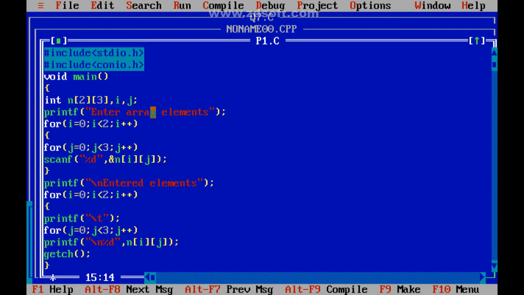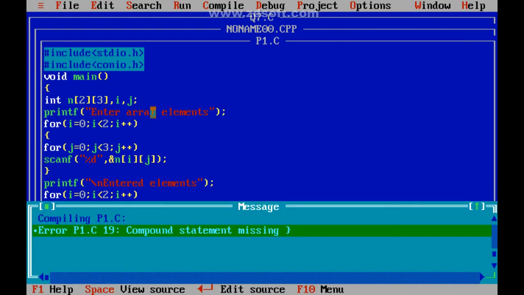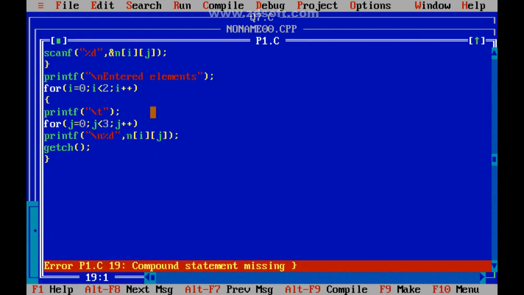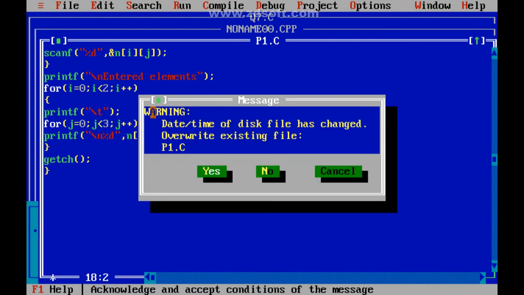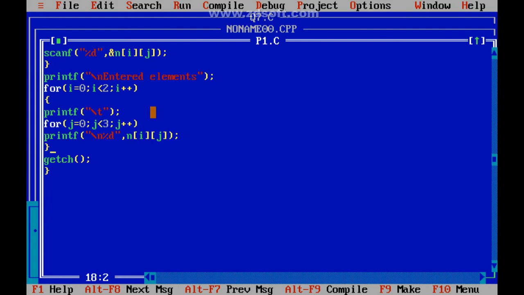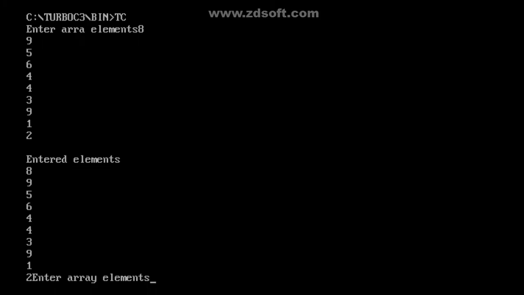Right? So F2, Alt F9, there is an error, compound statement missing. What was that? Here I have opened the for loop but not closed it, so it is showing. So F2, yes, Alt F9, no more errors. Compilation, Control F9, no errors. Enter array elements.